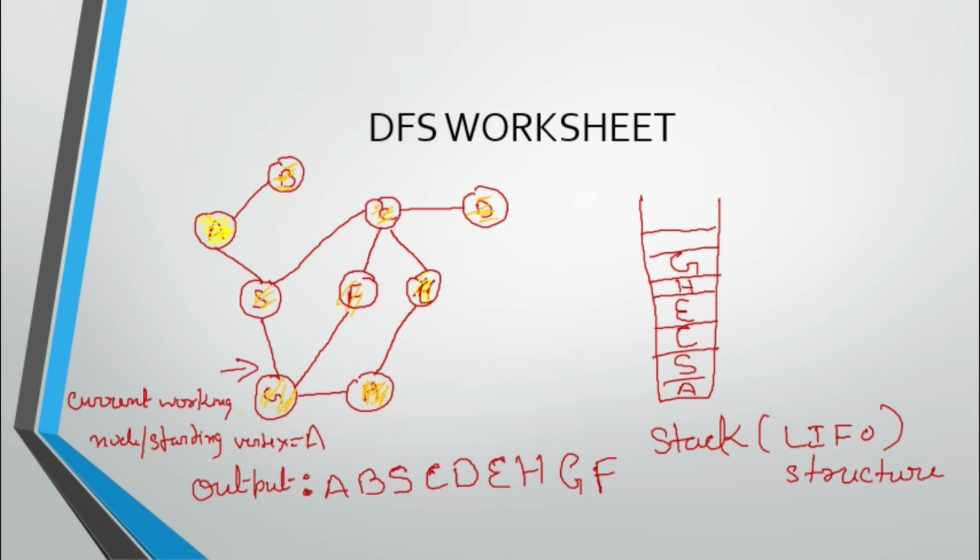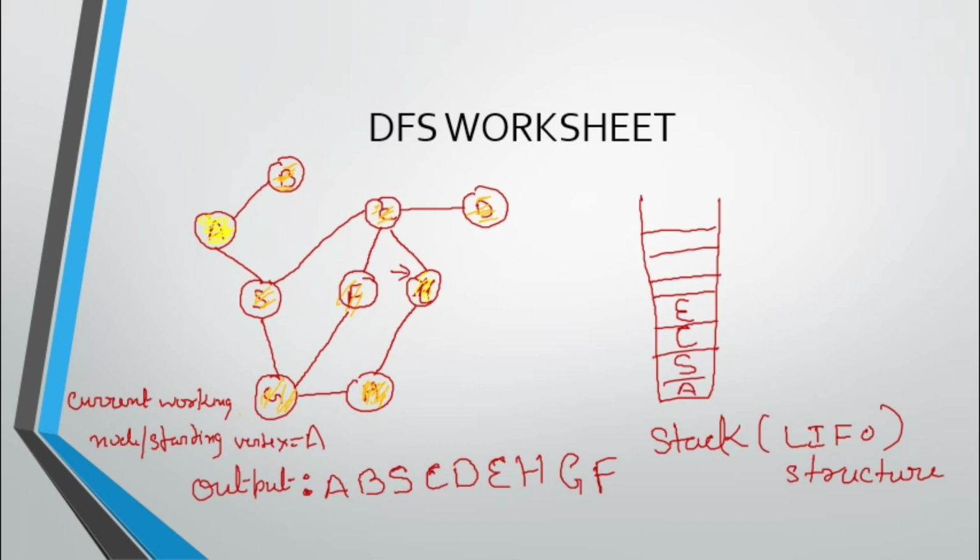So from G again I can go to S, A and F, so all are visited. So where to go back? Go to H, because in the stack after G, H is there. So pop G first from the stack, and you go to H. From H again I can go to E, I can go to G. So in the stack pop the H. So you cannot go anywhere, to any new vertex. When you cannot go to any new vertex, you come back, and when you come back, you have to pop the element. So again, I go back to E.